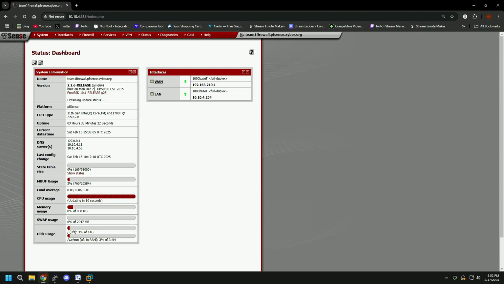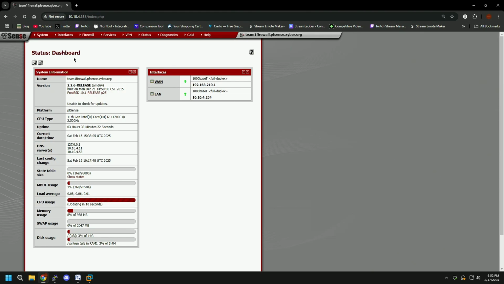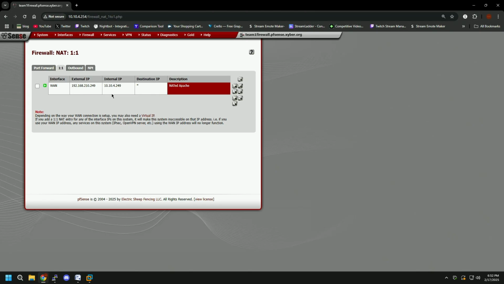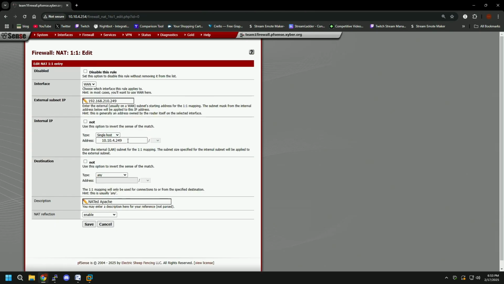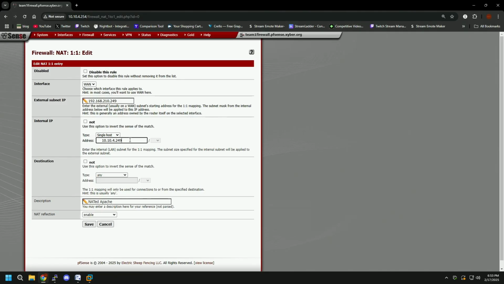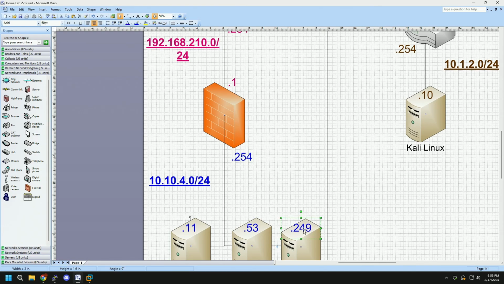Now, what we can do here is go to NAT, network address translation. It's a 1-to-1 NAT, right? So our internal IP, 10.10.4.249. Let's double check that. So the internal IP of the server is 10.10.4.249. External IP, so the outside, the WAN side of the firewall. So it takes this server right here, 249, and it spits it out on this end, but as